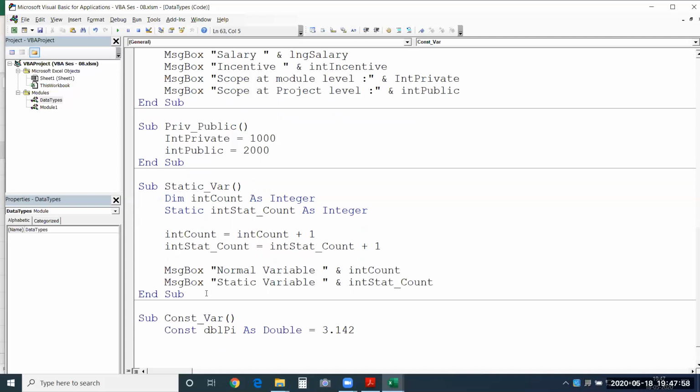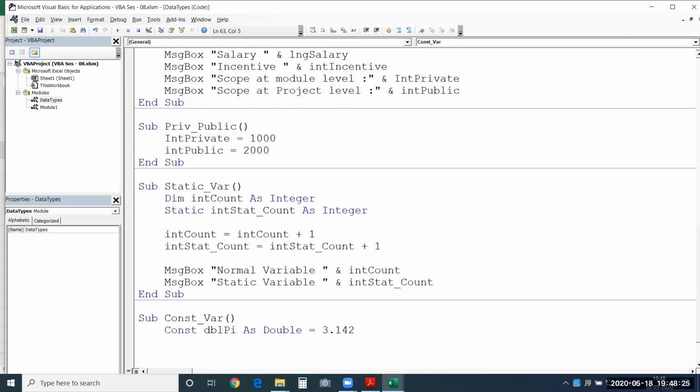See, only for these constant variables, the value is assigned to it immediately after the declaration. So you have to provide the value immediately after the declaration. It is not done that way for any other variables. We haven't used it that way. We have declared them separately and assigned the value separately. But for constant variables, I have to provide the value immediately.